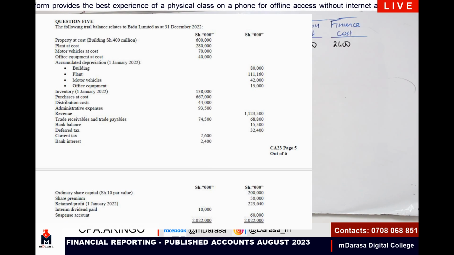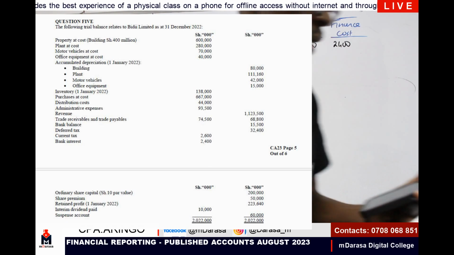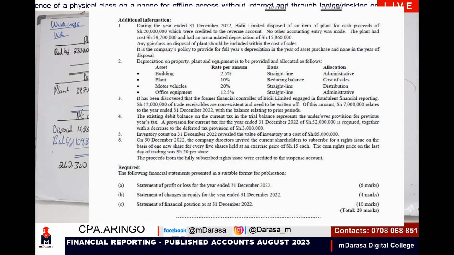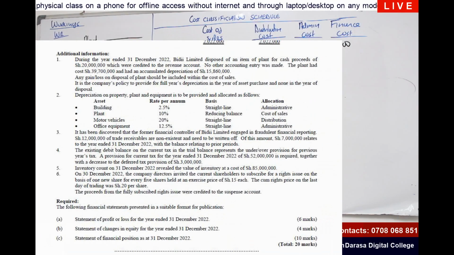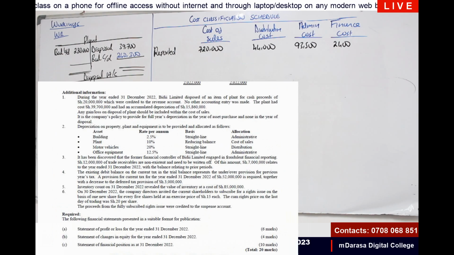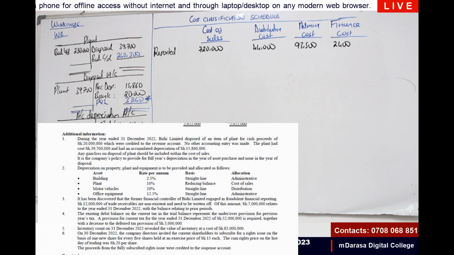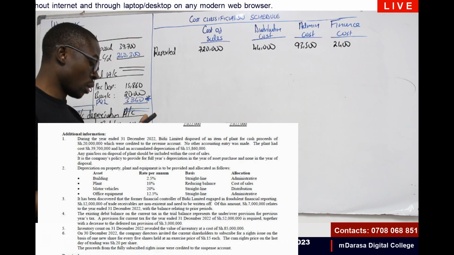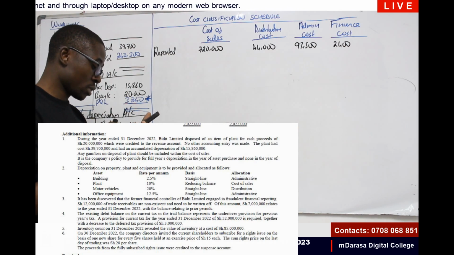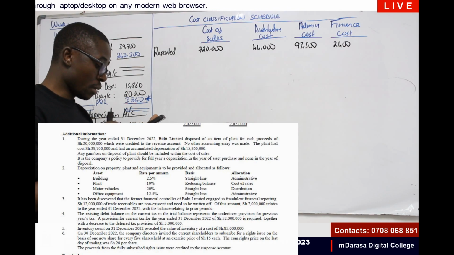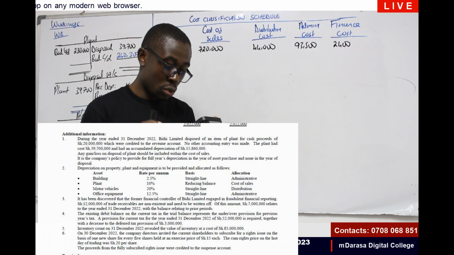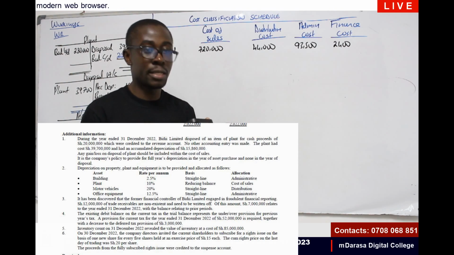So after that bit, let us now, my good students, dissect these other components that you are given. I literally want to have this question with us so that we work it out as you're seeing it. We are given, number one, look at the buildings. What are we told in relation to the buildings? Our good examiner is telling us that note 2, depreciation was to be taken to administrative expenses,